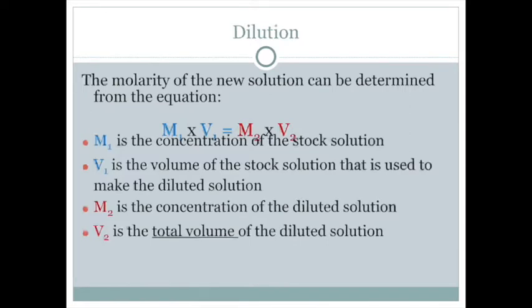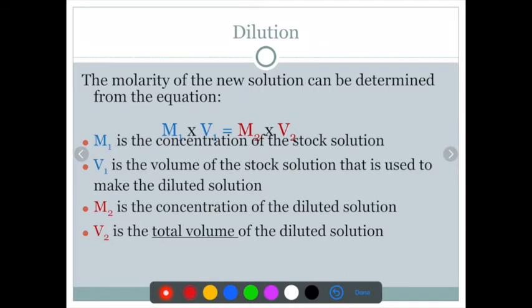If we wanted to make a new solution from the solution we just made, we had 0.5 concentration in our 350 mils of sodium sulfate. If I were to make a diluted solution, I would take the volume out of the solution I just made, put it into a new beaker, add water, and now I have a new concentration. It's going to be lower because you just diluted it. And if I want to figure out the concentration of my new solution, then I just have to use, I don't know why this is like that, but it's